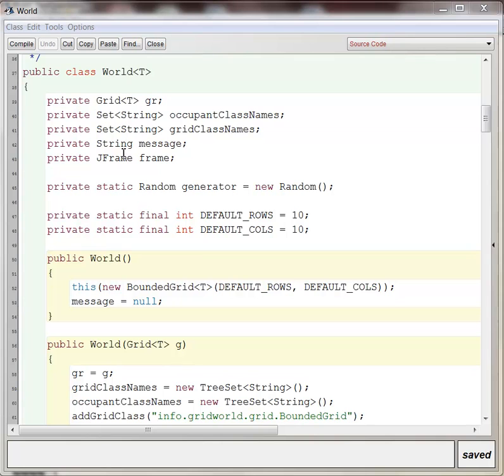Here's another class from GridWorld. It's the World class. This is one you really don't have to know very well, but it's got an example of a static variable, so I opened it up. Notice that everything that is a World will have a grid, a set of occupant class names, a set of grid class names. It'll have a message, it'll have its own JFrame. Every single world has one of these, but